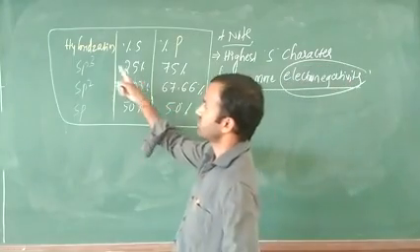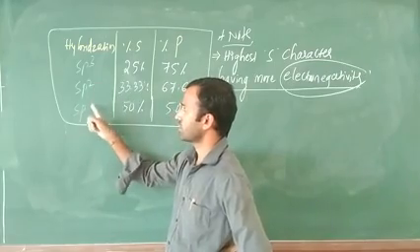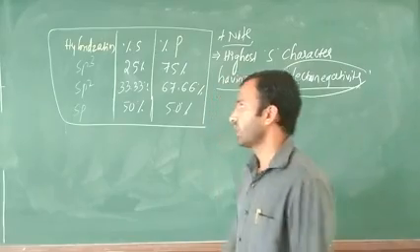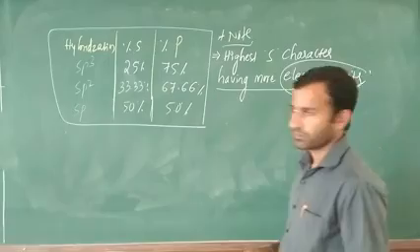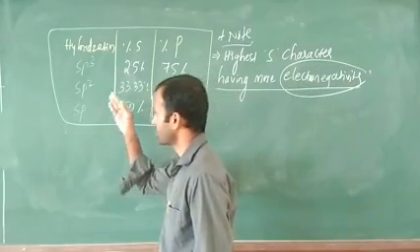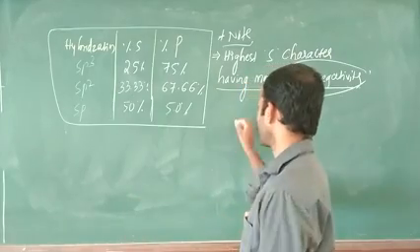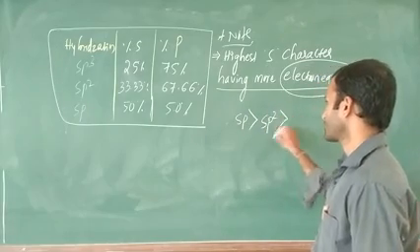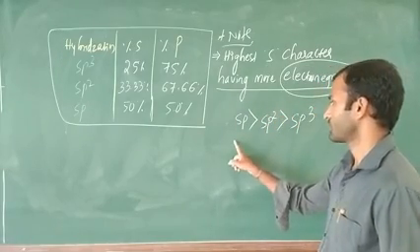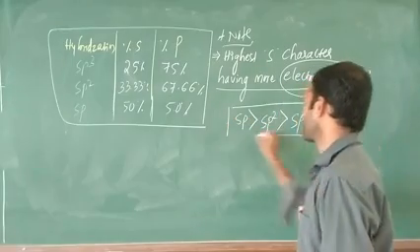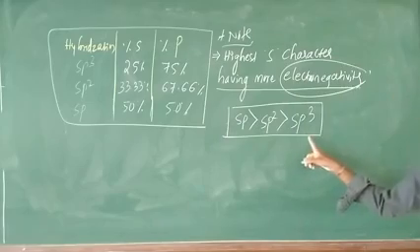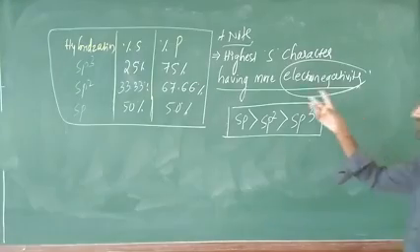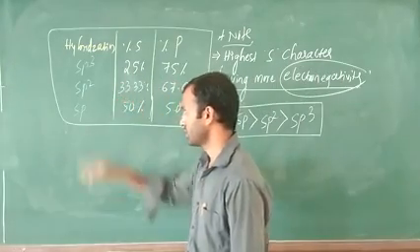Now tell me, sp3, sp2, sp are there. Out of these three, which has the highest electronegativity? Obviously the answer is sp. Write the serial order of electronegativity of these three hybridizations. The first one is sp, having the highest. Next sp2. Next sp3, because 50% is there, after that 33.3%, after that 25%. This is the s character. Electronegativity depends on s character.